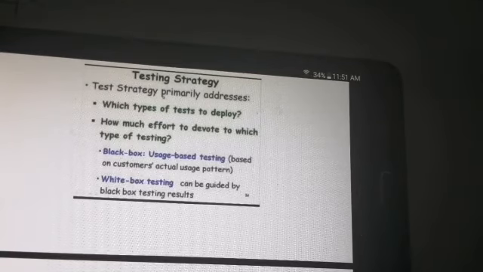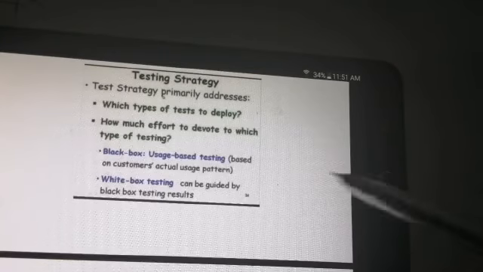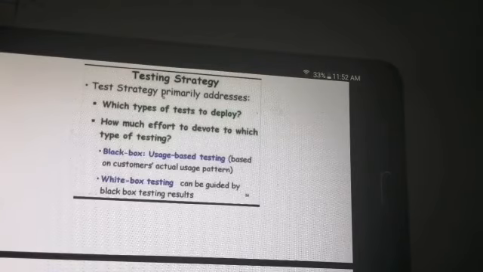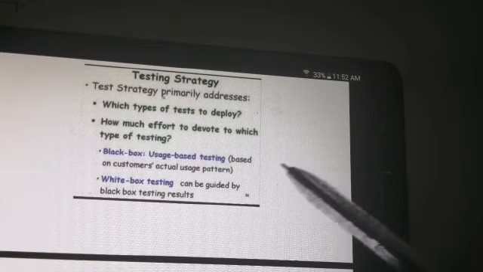Next, we'll be taking black box and white box testing. That means which technique do we need to use. We have not taken up black box and white box testing, that we will be taking up in the next lecture, but in summarized form I'll let you know what black box testing is. It is testing where we only check the inputs without taking into consideration the coding part. Black box means we'll be testing by means of some inputs. We're not concerned with what is happening in the coding part.